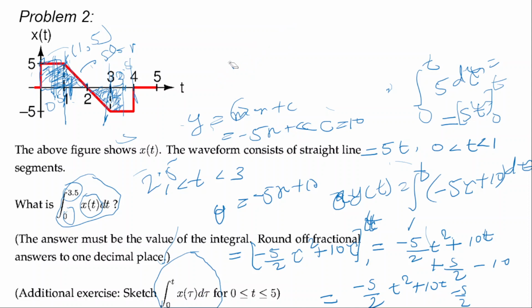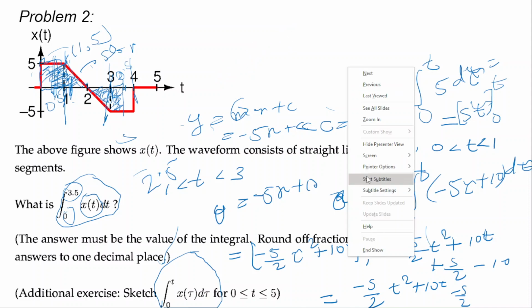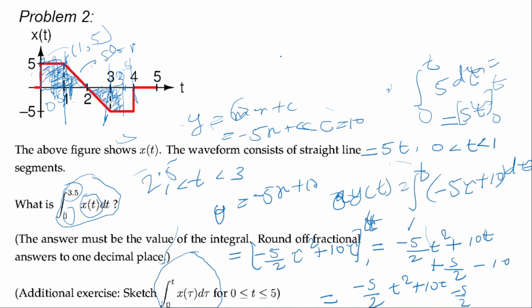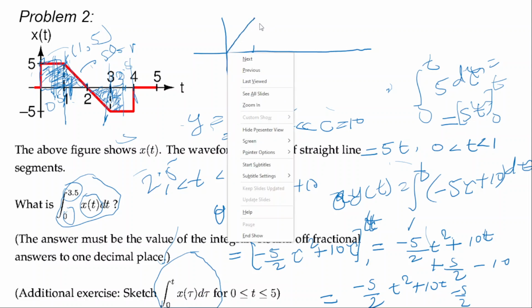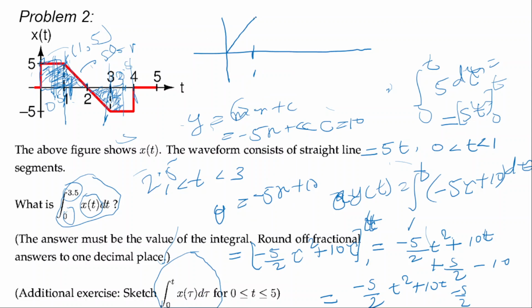Let's erase this top part. Now let's draw. From 0 to 1, our equation is 5t, so the slope will be 5. At 0 to 1, the slope will be 5. Okay, and then, as you can see, after 1 to 3,